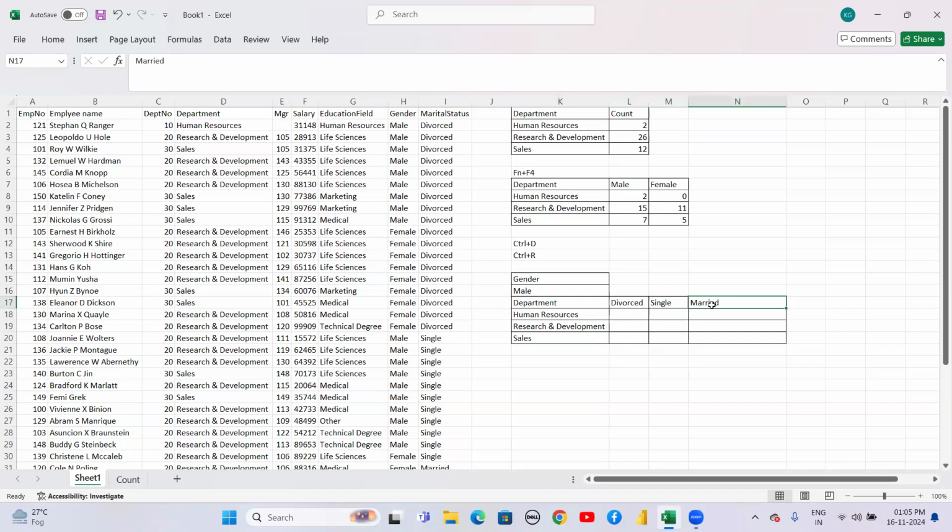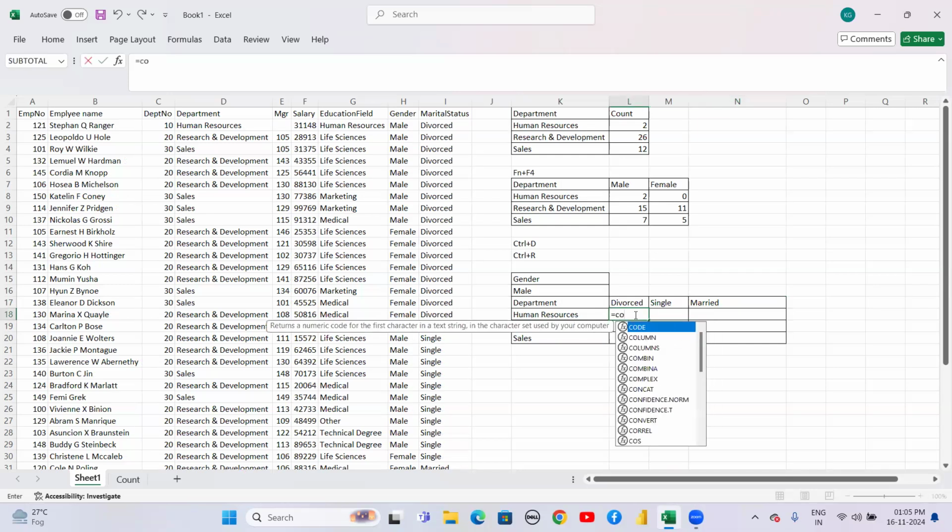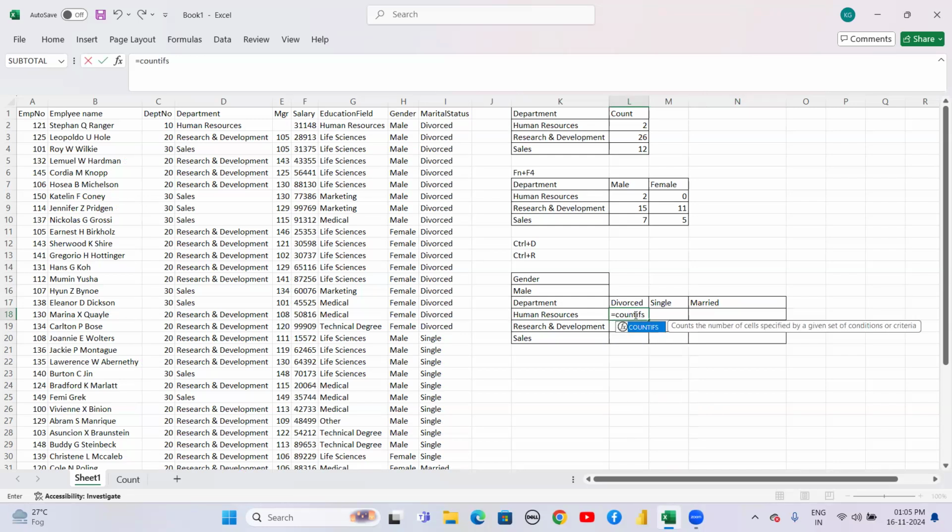So what is happening here? We are basically analyzing the male candidates of the organization and the department-wise status: divorce, single, and married. For that, we will use the COUNTIFS function,